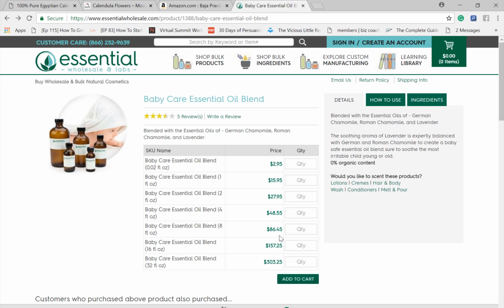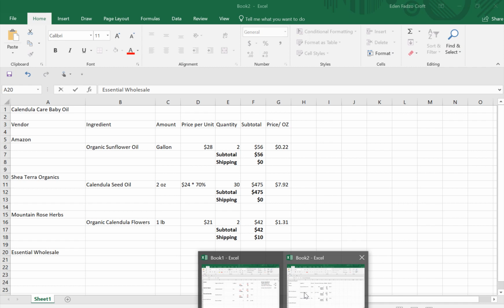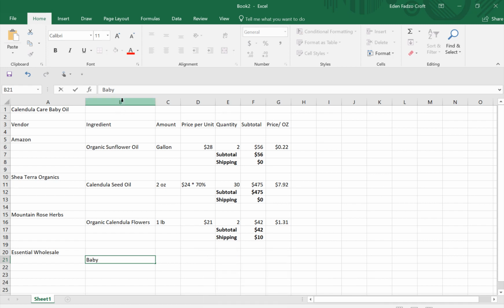But for the sake of this exercise, I don't want to have 50,000 ingredients because this is supposed to be the simple product. And as you can see, it's already taking quite a bit of time just for the simple product. So for the sake of exercise, we're just going to do the baby blend. Do they call it Baby Care or Baby Blend? Baby Care, okay. So Baby Care Essential oil blend. Okay, I'm going to get 8 ounces,